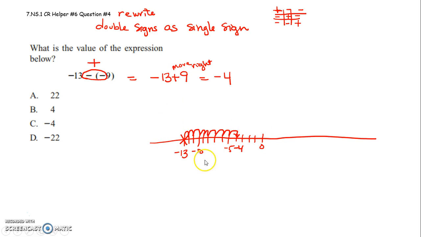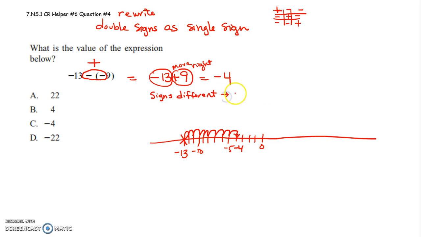If you don't want to have to use your number line, you can always say, are the signs the same or are the signs different? So you can just look at the signs. Once I know I have to combine these, I look at my signs. So the sign in front of the 13 is a negative. The sign in front of the 9 is a positive. Signs are different. One of them's negative, the other's positive. So if signs are different,